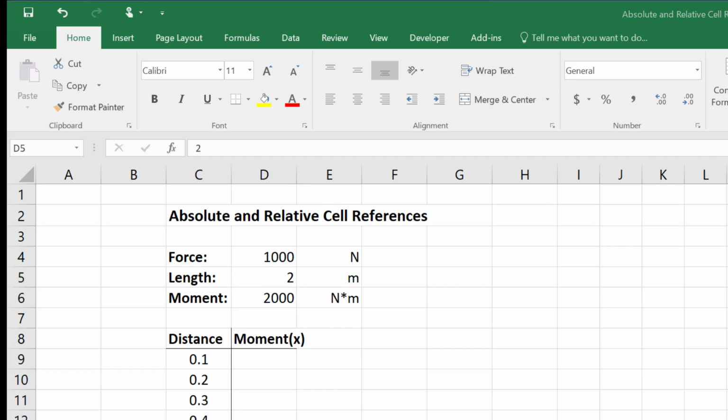Now, in building the equation the way we did, by default, it uses relative cell references. What that means is that it's considering the cell reference relative to its referencing or equation location. In this instance, because the cell containing the equation is two cells below the force and in the same column, or 0 columns away,